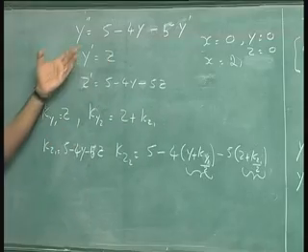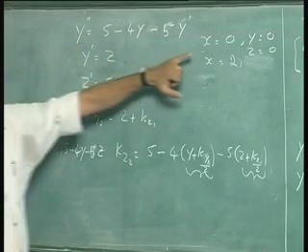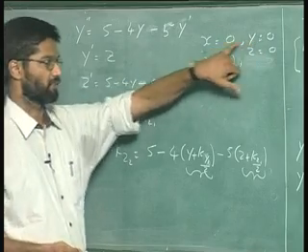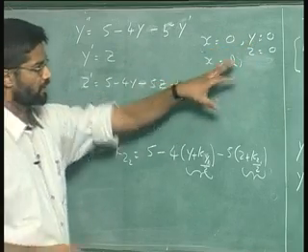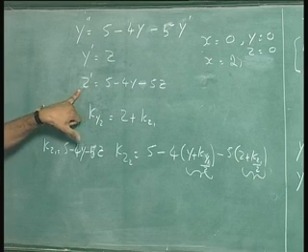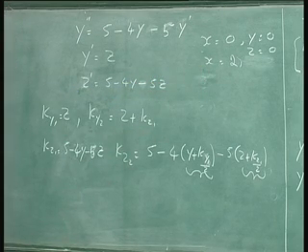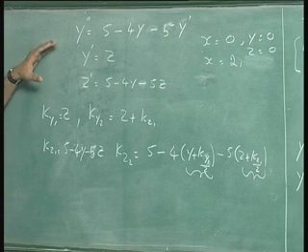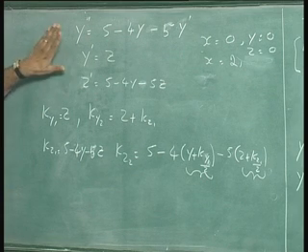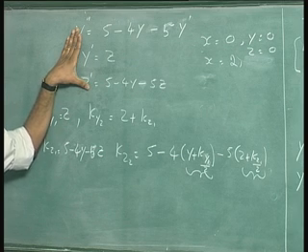For example, in this case you could have one boundary condition specified at x equal to 0. Let's say, for example, y is specified at x equal to 0 and y prime is specified at x equal to 2. In that kind of case, which is called the boundary value problem, in some of the problems we can still use these techniques. Those are normally called the shooting method,